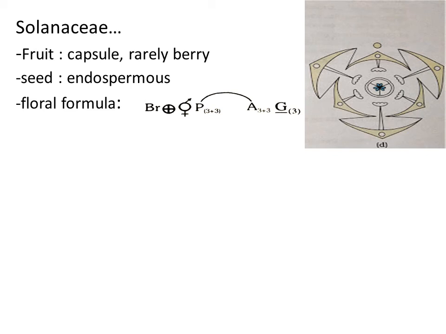Then you can have a look at the number of stamens. There are 6 stamens present. They are attached with the tepals. Then if you come to the gynoecium, it is made out of 3 carpels, and all the 3 carpels are united. So the condition is syncarpous. Then many ovules are attached to the central placenta. Right. So this is about the morphological characters of the Liliaceae family.